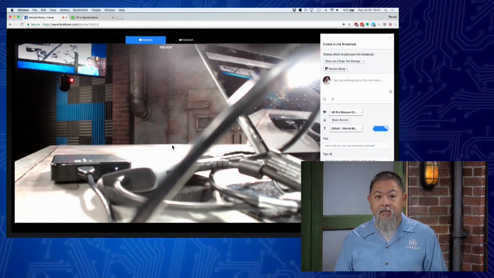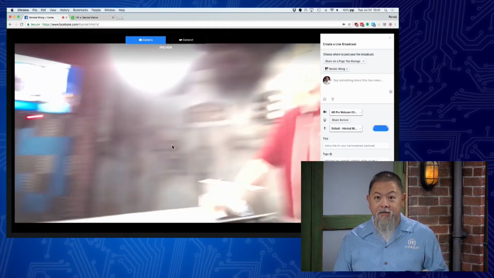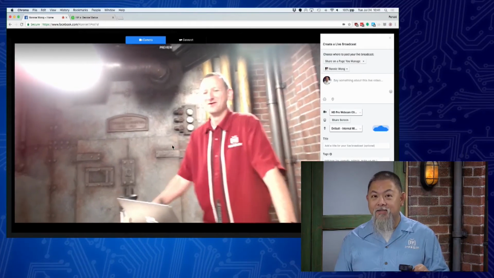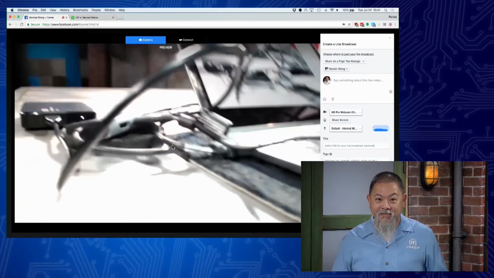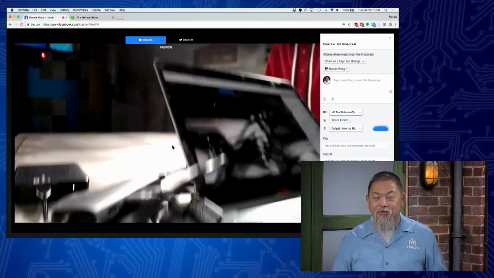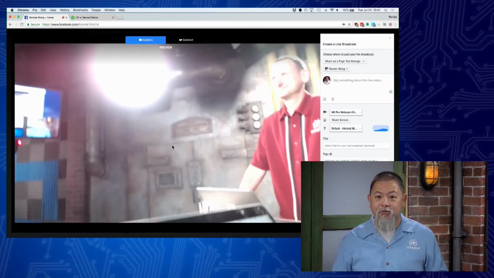And now you can see, there it is. There's the angle of this webcam. And Don, everything looks perfect. And you can see, oh, there it is. Don's on social media now. We can see your cable nest down there that we were talking about. You can see the actual cable nest. That is kind of embarrassing, but it is true. Okay, so we can actually see this working, and you can see actually your own camera there.